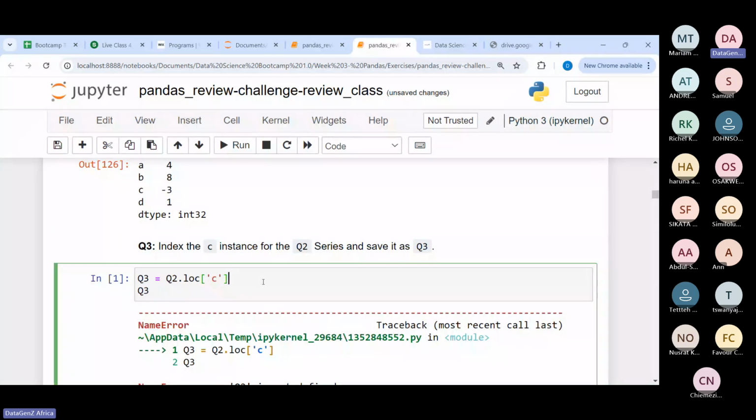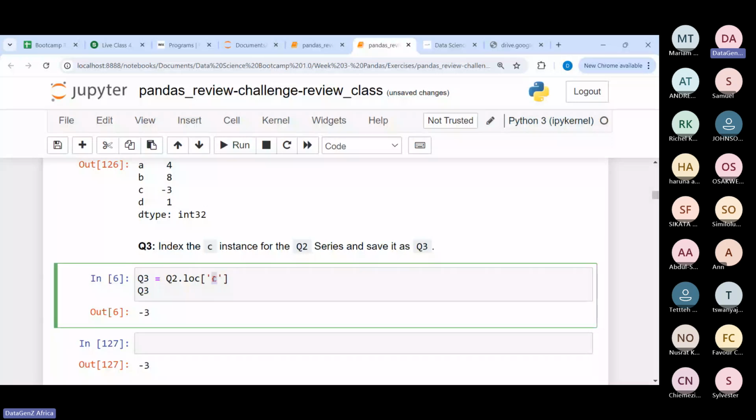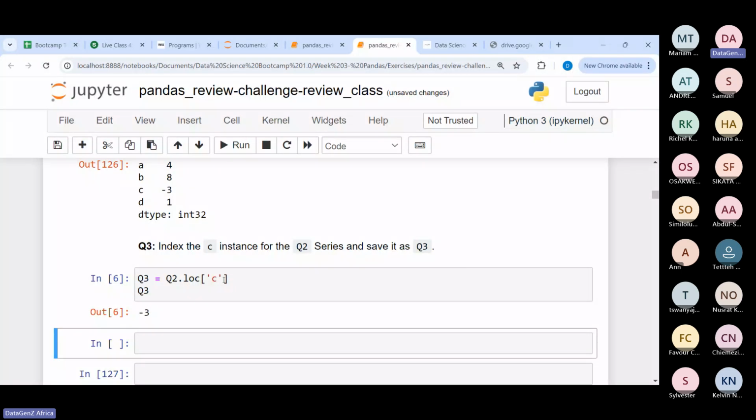All right, so you can see that we're using the index name, you're using the loc. You want to index the C instance. The C row is what? The record is -3. So to index out this record, you use the loc. You can see that it's different from our array indexing and our list indexing. It's kind of similar, but the way you index now is different. So to index using the location, I mean the index address,